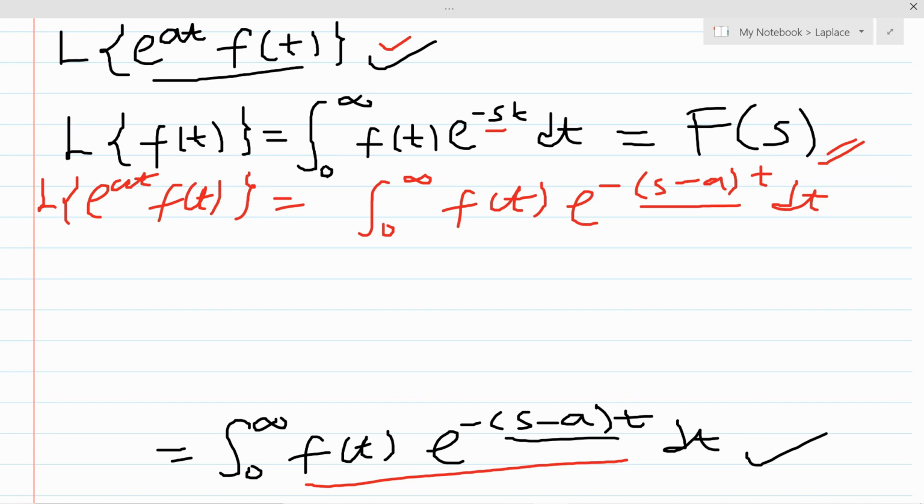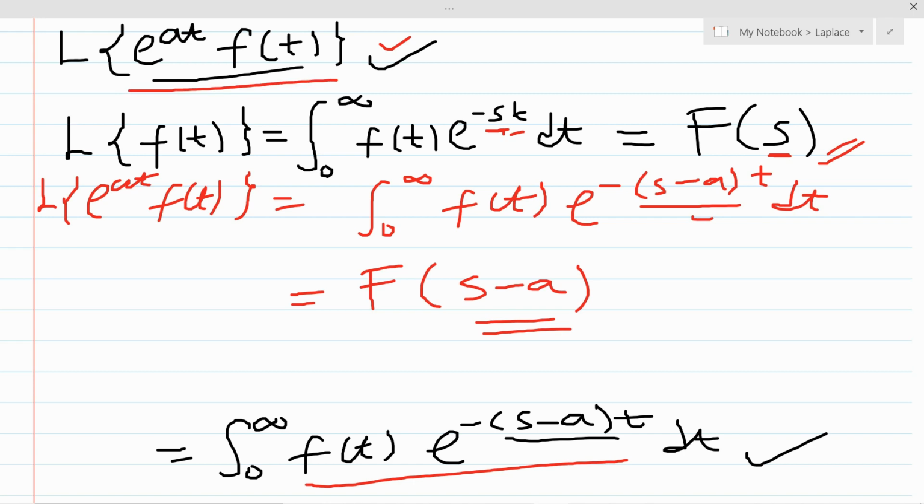So the whole of this Laplace will give us capital F of s minus a. If you could see, this was capital F of s and this s was here. Then this one too will be capital F of this s minus a. It's the same form of Laplace definition, just that this time the constant here is s minus a. What this F of s minus a means is that if you have e to the power at times this, like we are given here,